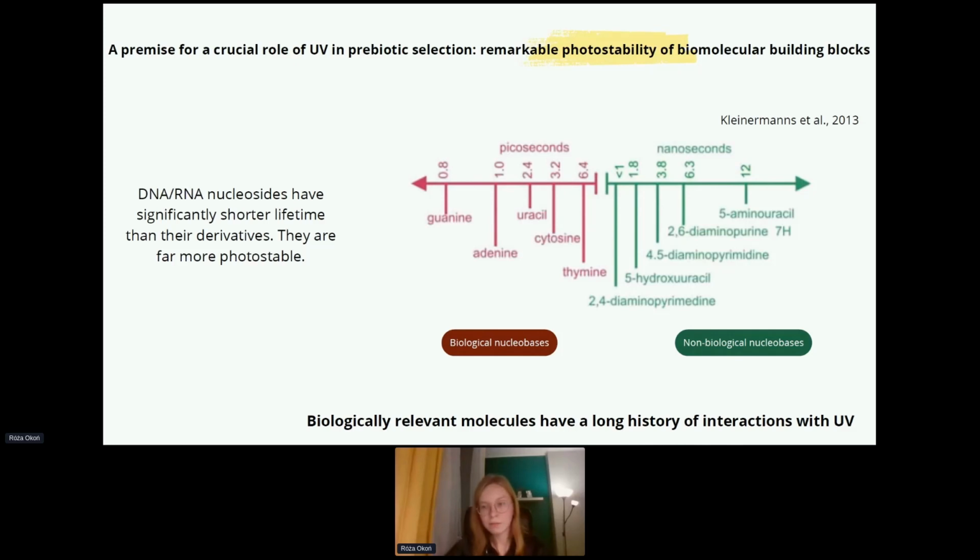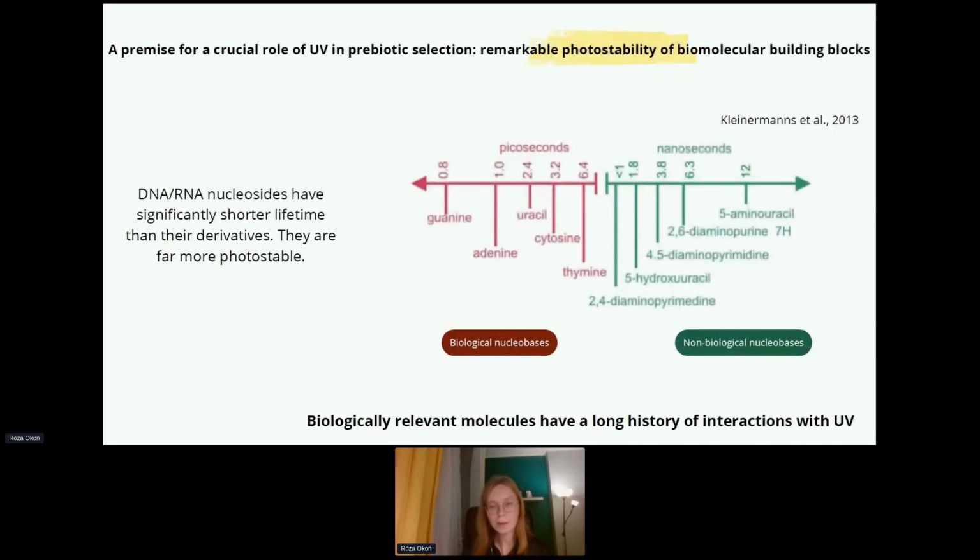And first and probably the crucial one is that the biologically relevant molecules are shown to be really photostable comparatively to very similar molecules which do not perform any biological function. And it could lead to the conclusion that UV could eliminate from the environment of the young Earth these non-biological compounds which were less photostable, and it could lead to the selection of these more photostable biological compounds